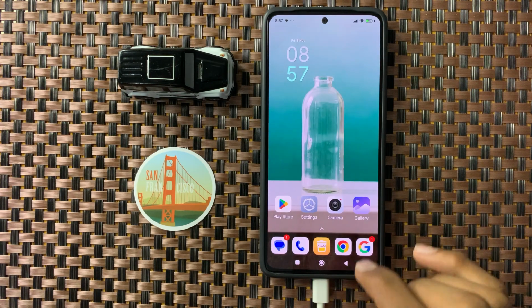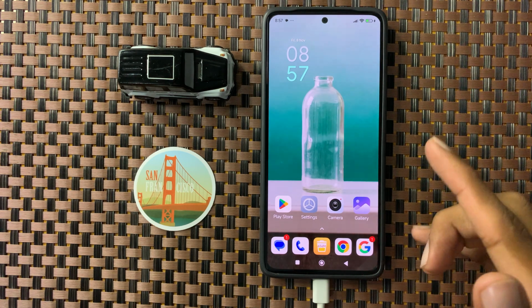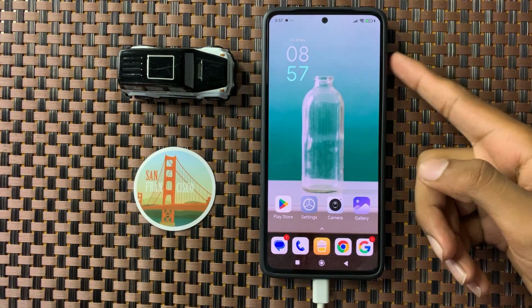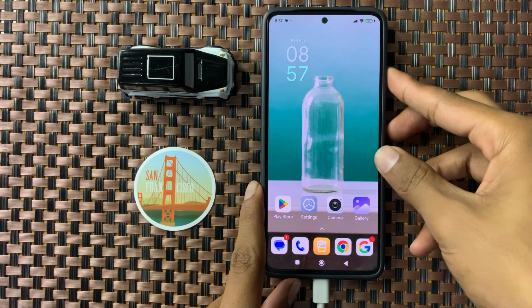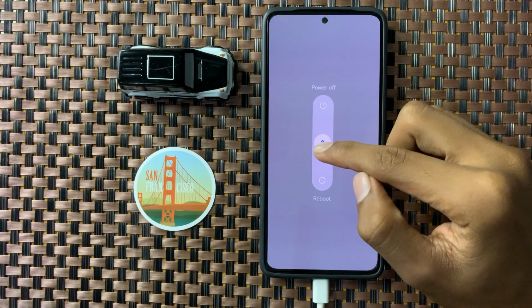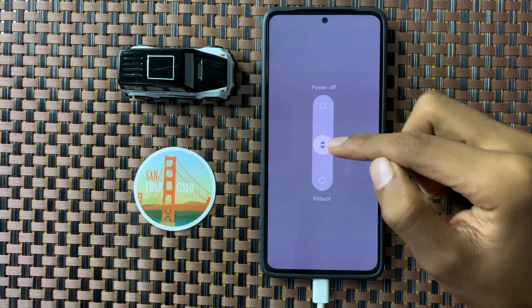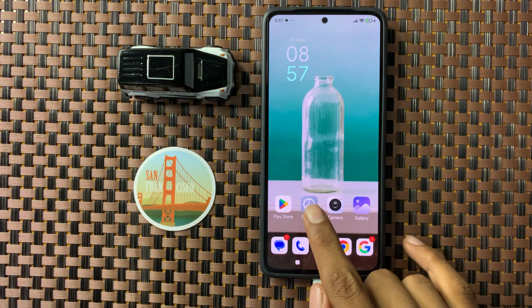First of all, reinsert your SIM card, and after reinserting your SIM card, then restart your device. To restart your device, press and hold the volume up button and the power button at the same time, like that. And now swipe up to power off your device and then turn on your device again. After that, open settings